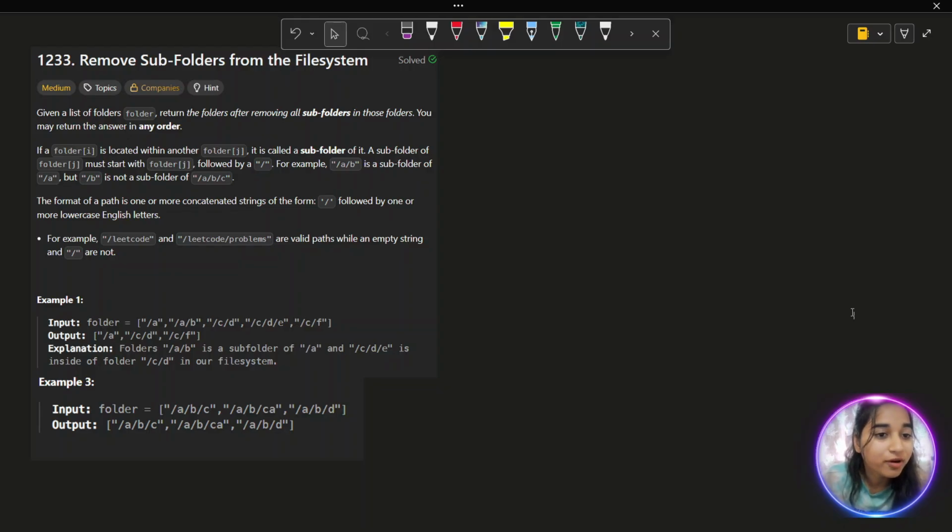The format of a path is one or more concatenated strings of the form slash followed by one or more lowercase English letters. For example, /Leetcode and /Leetcode/problem are valid paths, while an empty string and only slash are not. That means if we take the first example here,